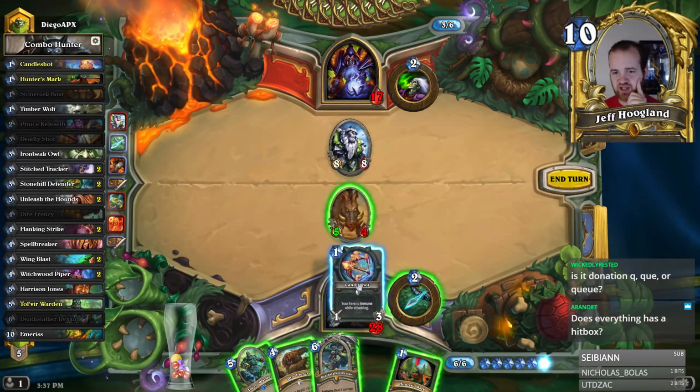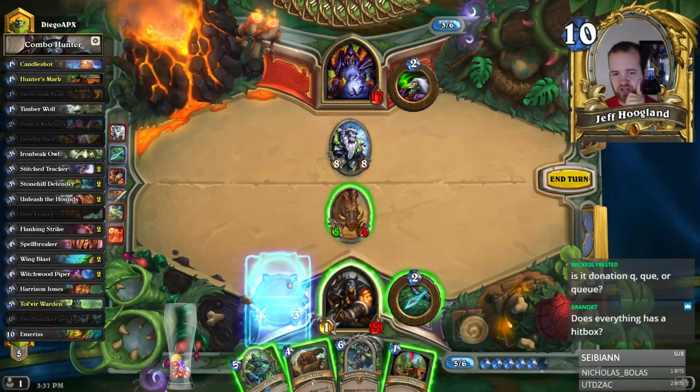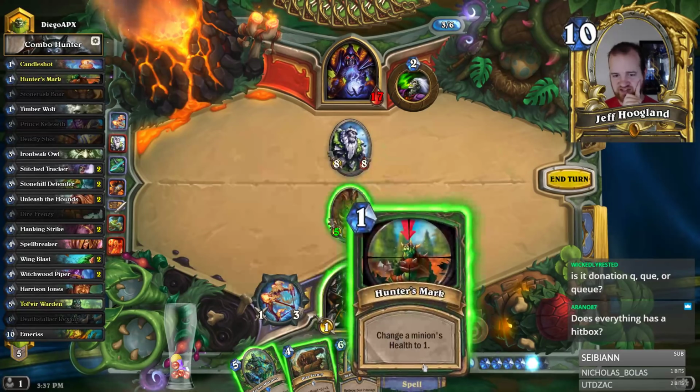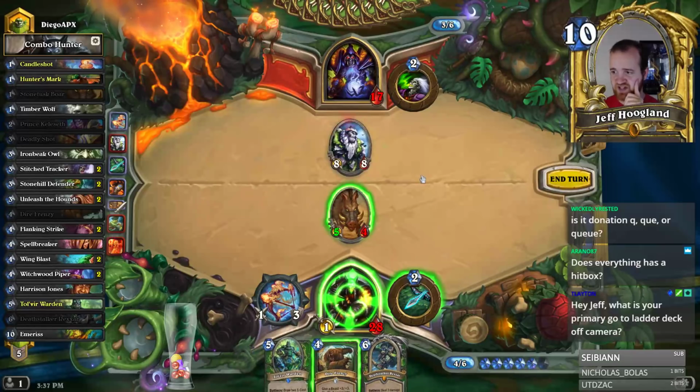So Candleshot gives my hero a weapon. The left number is how much damage this weapon does when it attacks, and the right number is how many uses it has. So this lets me attack for 1. And then Hunter's Mark here lets me set...